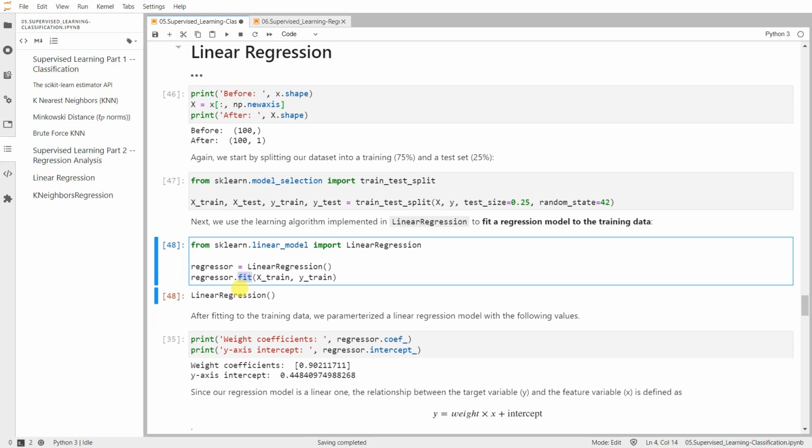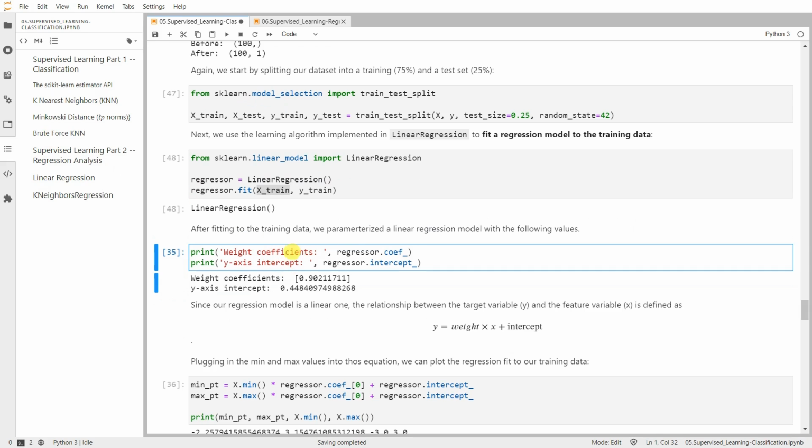And then do the same fit, regressor.fit after instantiating, on X train. So once training is complete, we can take a look at the weights, the learned weights from data. So one variable, one weight coefficient, and intercept. Okay, since our regression model is a linear one, the relationship between target y and feature x is defined